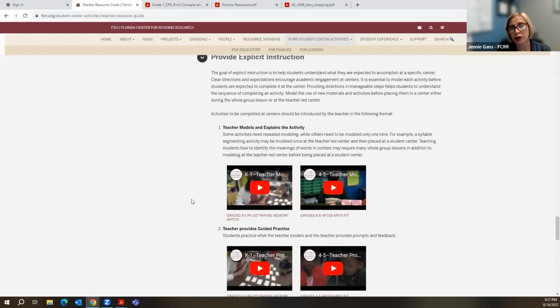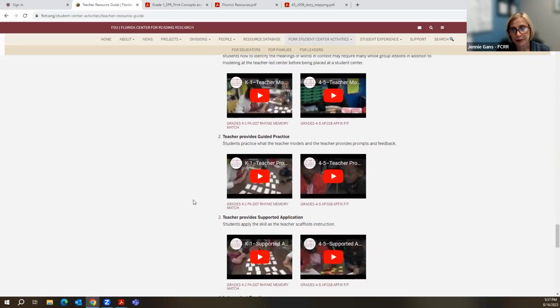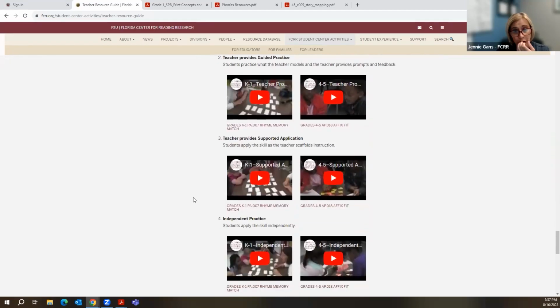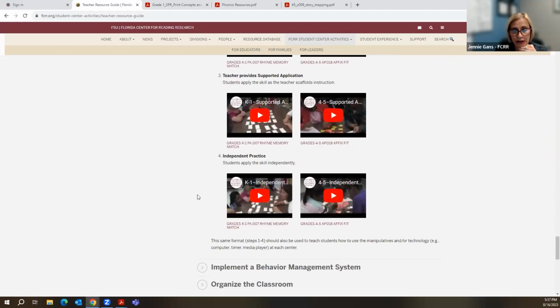But here is again where you will find that K1 and 4-5 live right here. So you can see what a full explicit instruction practice looks like for a 4th or 5th grade lesson as compared to a kindergarten lesson.